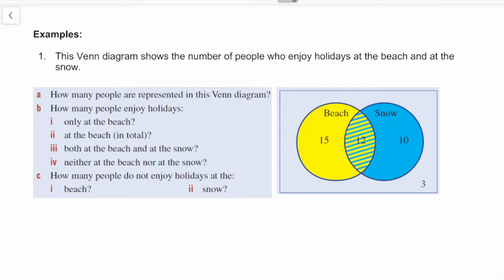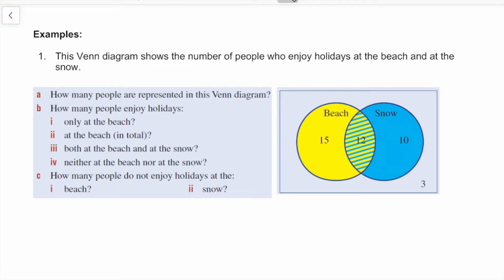Hi again and welcome to this video where we'll go through an example or two on Venn diagrams and two-way tables. Now these questions have come from the Cambridge textbook, the Year 9 5.2 Cambridge textbook, and we're going to go through them today. So our first one here is the Venn diagram shows the number of people enjoying holidays